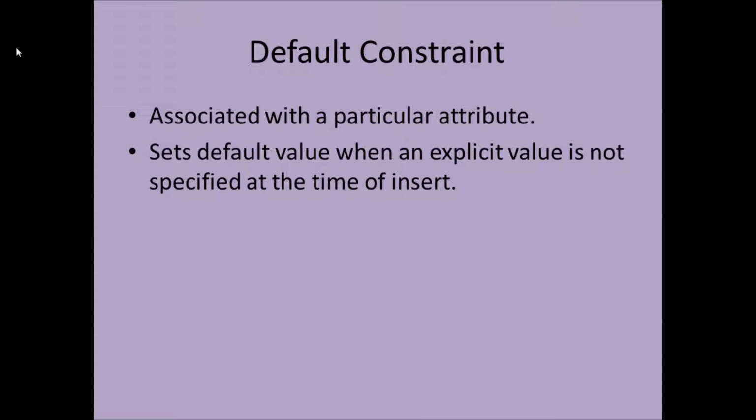Next is default constraint. A default constraint can be created on any column of a table. It will not have more than one column, it will only have one column. A default constraint assigns an expression or a value to the column in default cases. So if no explicit value is assigned to the column at the time of insert, then that default value will get assigned. So now we will see the demo of each and every declarative constraint that we just went through.